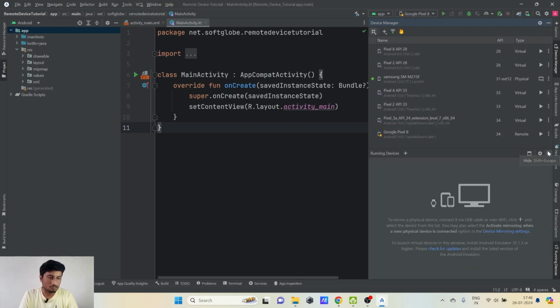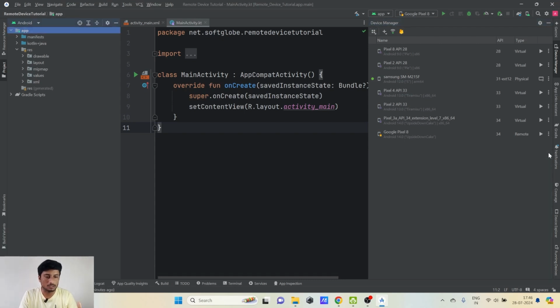gone. And one thing I would like to share with you is that whatever application you run on this device, you can run it safely without any security issues, because whenever this device is handed over to another developer with remote access, it is first factory reset and cleared, and then it is handed over, so you don't have to worry about your application being seen or viewed by another developer or another member. So that is a good security precaution that Firebase is already taking,